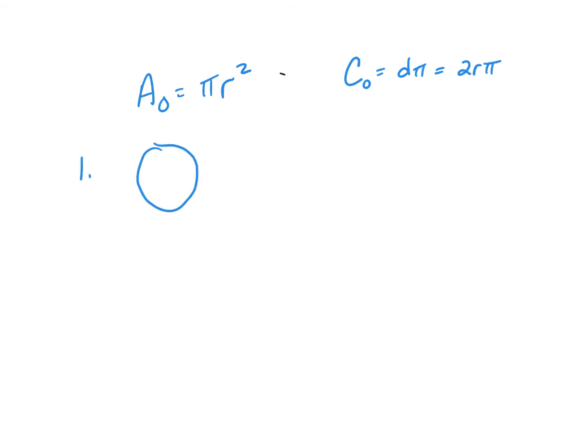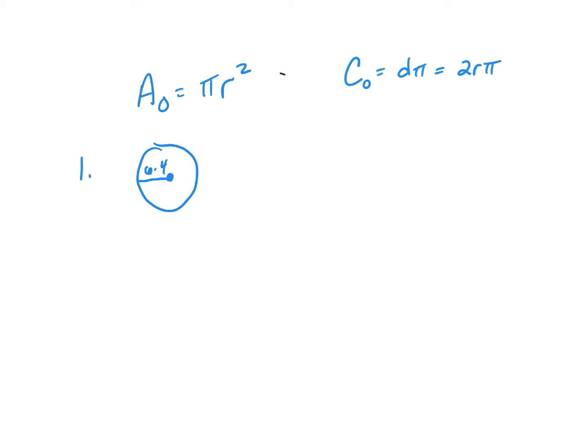The two formulas we're dealing with today are the area of a circle, which is pi r squared, and the circumference of a circle, which is diameter times pi, or 2 times the radius times pi. So it wants us to find the area, and it's a circle with 6.4 for the radius. Everybody understand that that's the radius? So radius would go for r. So 6.4 would go